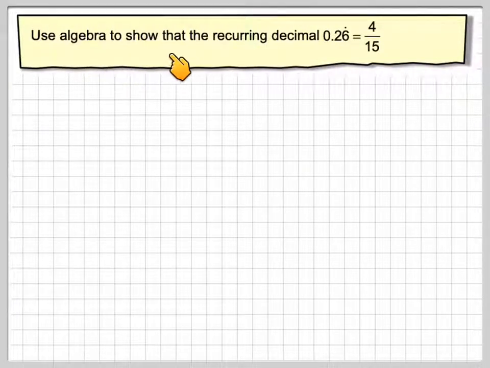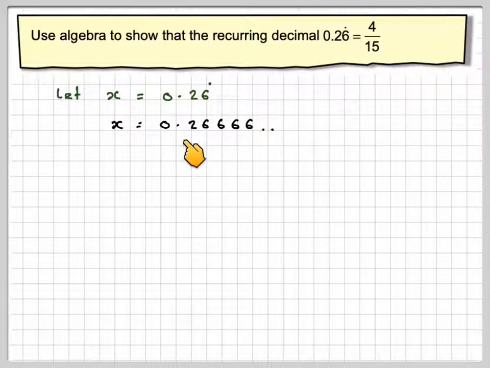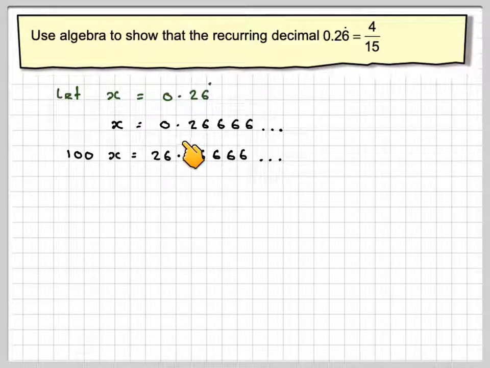Use algebra to show that the recurring decimal 0.26 recurring is 4 out of 15. So this is a standard sort of problem. So you let x be equal to 0.26 recurring. That means that x is equal to 0.2666 carrying on forevermore. If I now work out 100x, that will make this side become